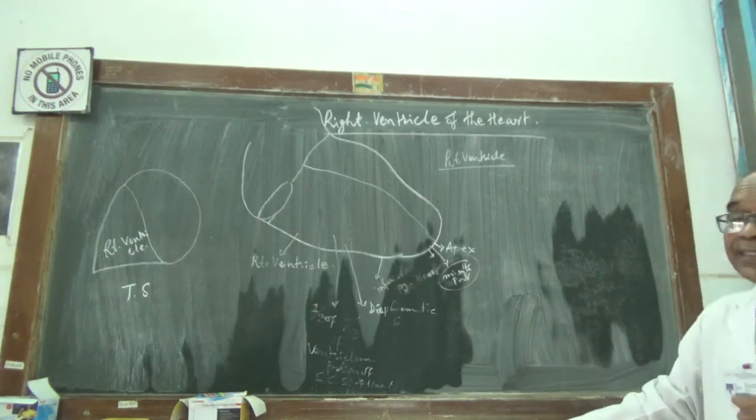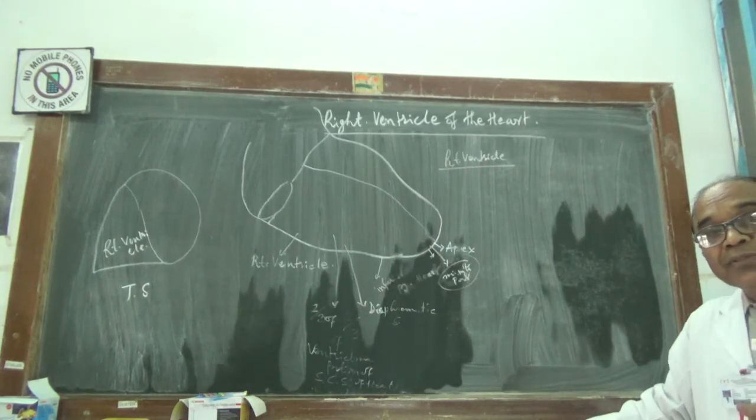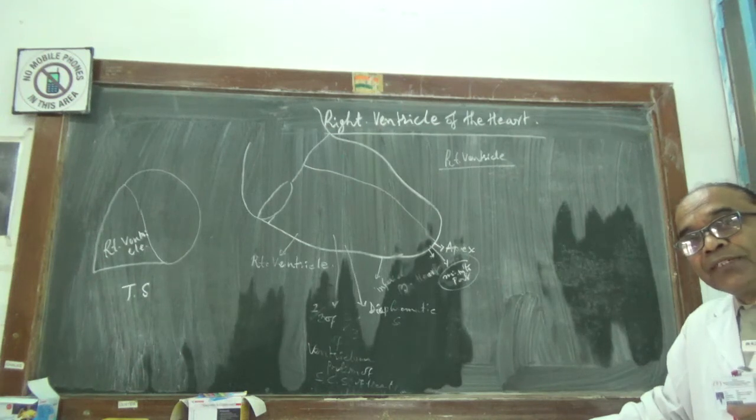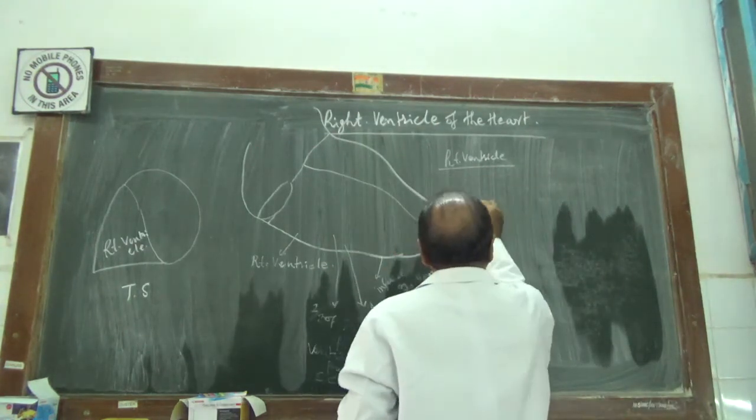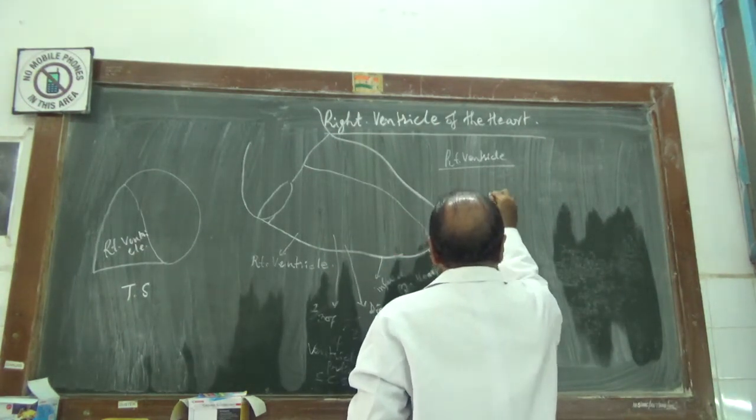This is the entire direction of the right ventricle. Now this right ventricle, anteriorly,